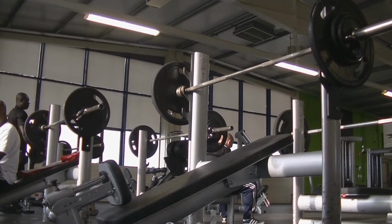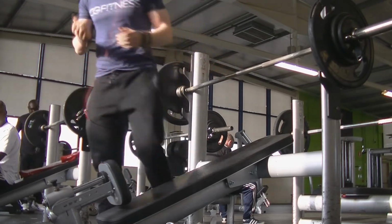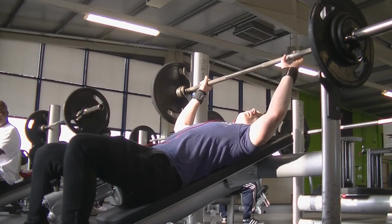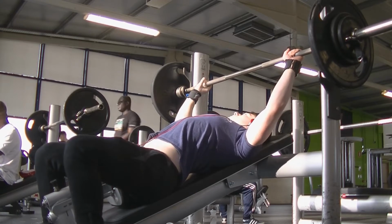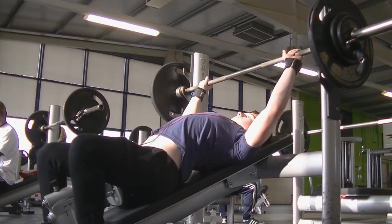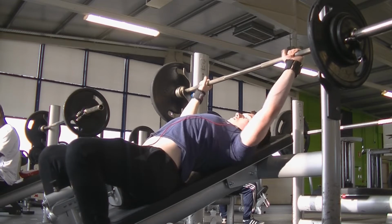And then I moved on, and here's my second set, and I want to just talk to you about something that I'm trying out and I'm going to be implementing in my new split when I get it as well. The first set there, I did 80 kilo for 8 and I hit 8, and the last rep, I got it up and it looked like it was easy, but I'm judging my body, and I knew my body, if I had to try to do all 4 sets of 8, I wouldn't be able to do it with that weight. So what I'm doing is dropping it 5%, and I calculated it, and it should have been 4 kilo,